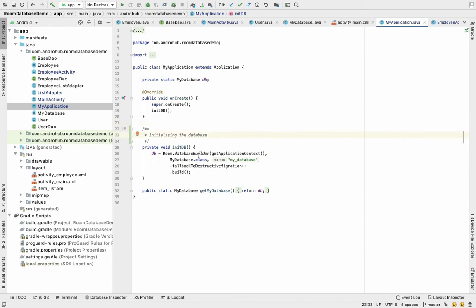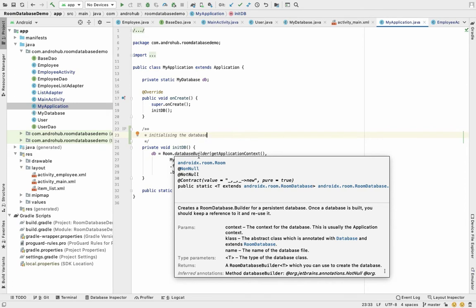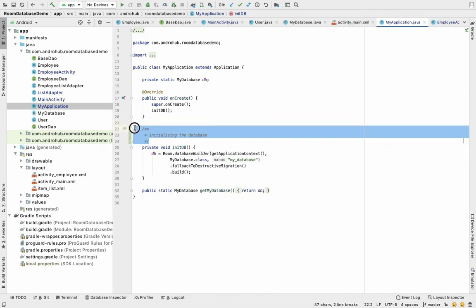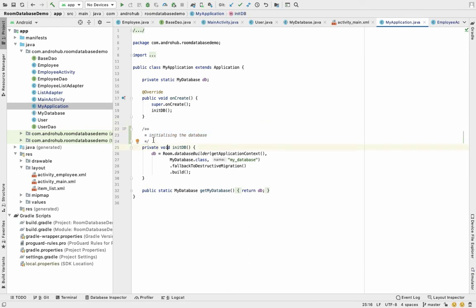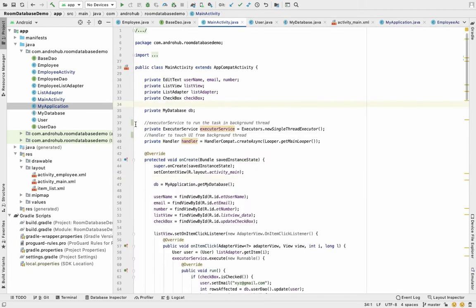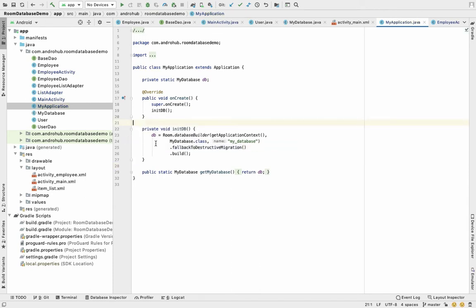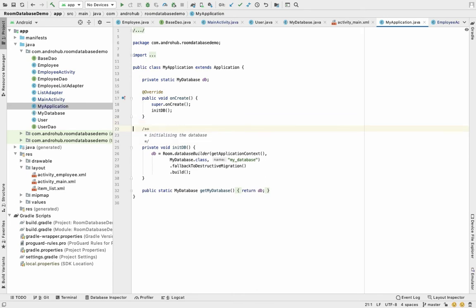Now if I want to check where exactly the code changes happened, if you see over here, the green line shows the code change happened here. So I can easily find it, and if I go to the main activity, here the code changes happened. And if I want to see what the previous code was, I can just click over here, and on clicking the rollback lines, it will roll back to the previous code.